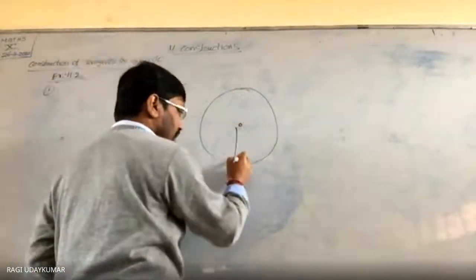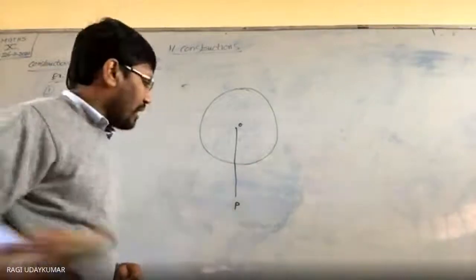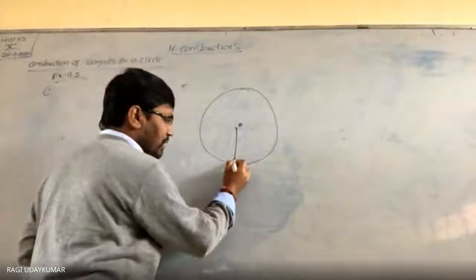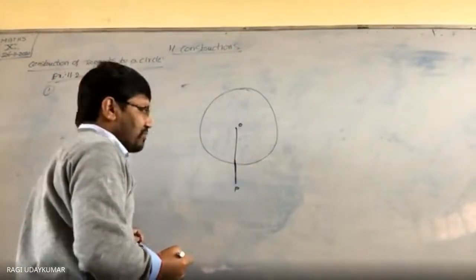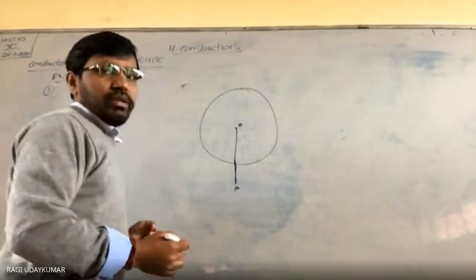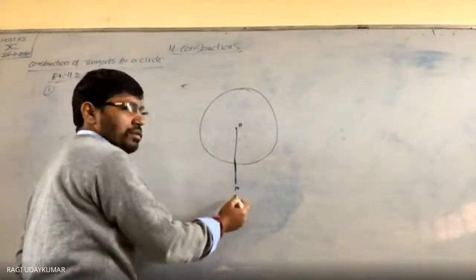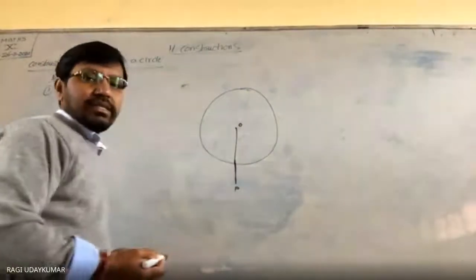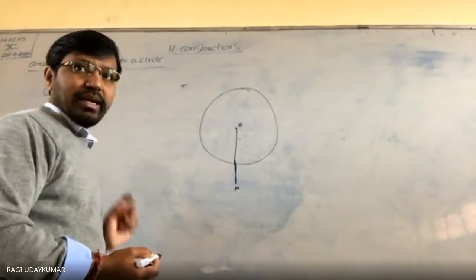So from here to here it is 6 centimeters and 4 centimeters more is needed. I may have drawn it a little far, so let us reduce this. I am taking an approximation here. So this is one straight line. After drawing this, what you need to do? Draw the perpendicular bisector of this. You know the perpendicular bisector; you have to bisect it. Bisect is nothing but cut into two equal parts.